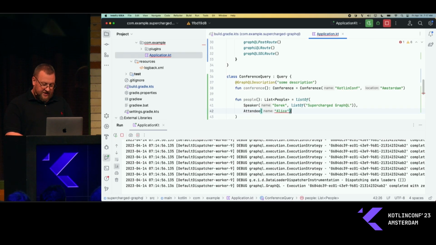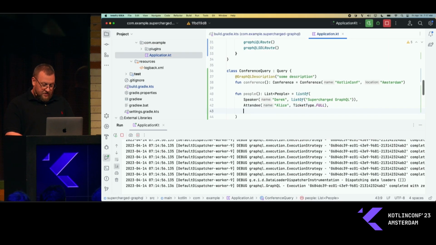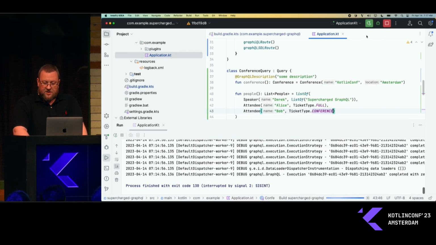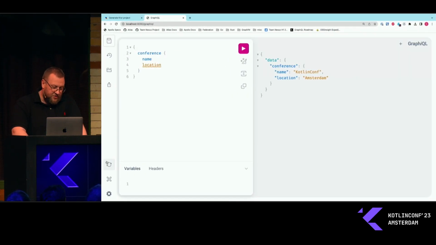Let's say Alice has a full ticket, and Bob has just a conference ticket. So now if I restart it, I reload it, let's take a look at what's actually going to show up in our IDE, right? So let's reload it up. And now if I look at it, there's actually going to be